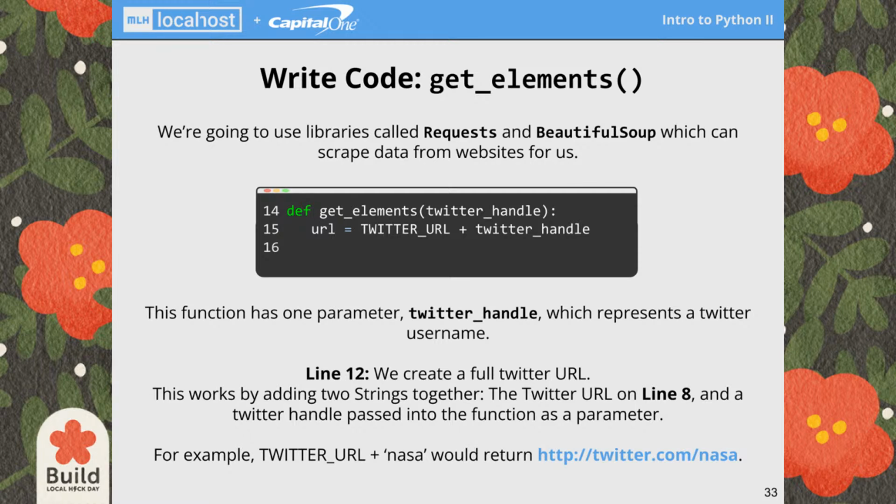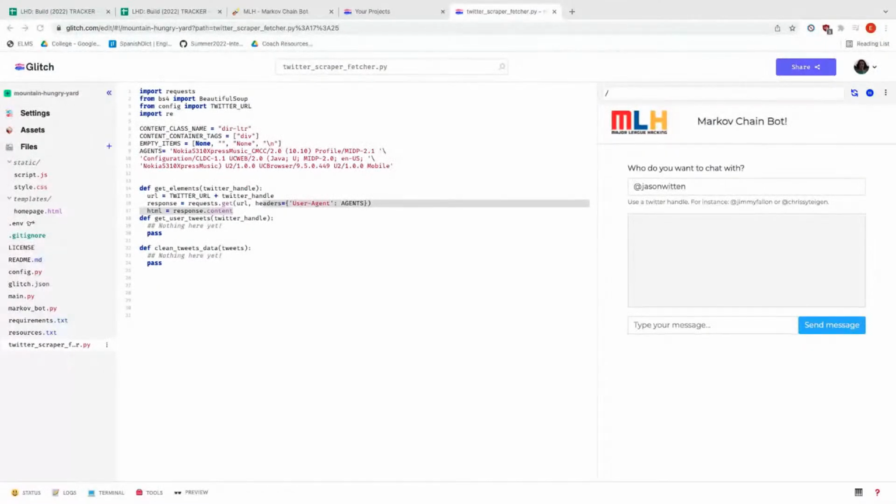Let me switch the screen. So if you're looking at this function right here, I've typed in everything that was on the screen before. Requests is imported up here, and it's spelled the same exact way, so we know they're related. And get is a function of the requests library, which takes in these parameters. One is the URL from before, so we can visit that URL, and then we also use user agents, which is a field that's telling Twitter which device and browser we are using. So just some configuration parameters.